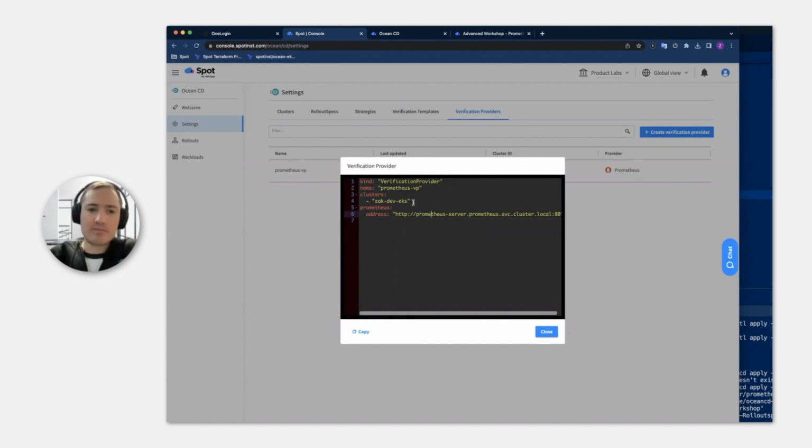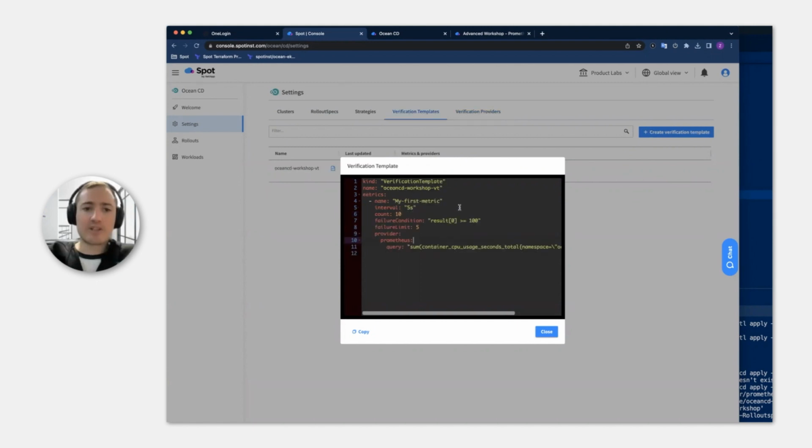Keep in mind, you can set up multiple clusters here. And last but not least, the verification templates is where we're going to provide the actual queries that we want to check during our rollouts. So this can be anything that you've already defined within Prometheus, and then you'll define success and failure conditions, the intervals. Keep in mind, this is just a quick demo scenario, so not based on something I might be doing